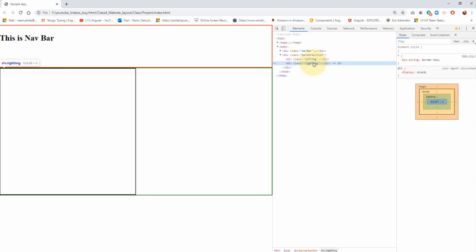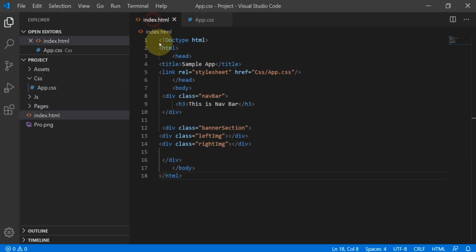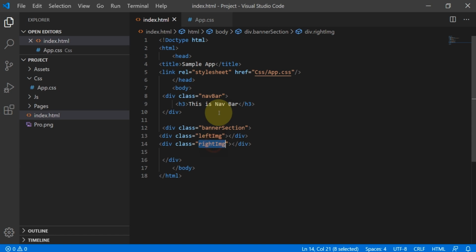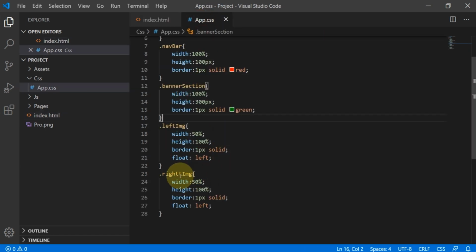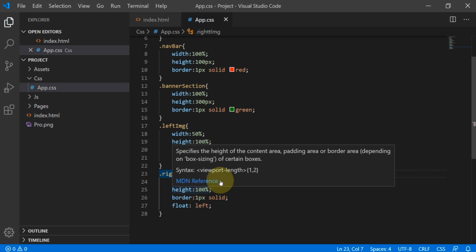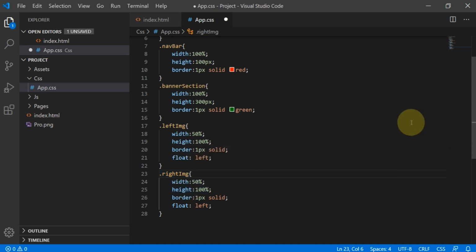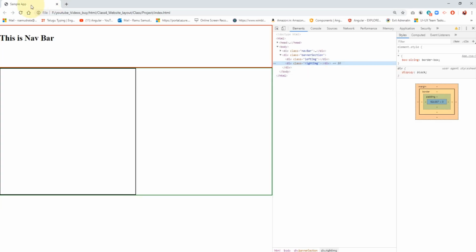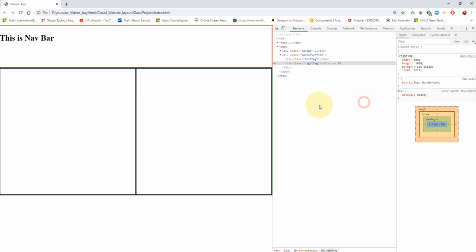If I select the right image, the style class is not displaying in the styles section, so there is some issue with this class name. Here in right image, an extra t is typed, so the extra t is the issue. A spelling mistake, guys. Yeah, it came, right? So this is left image and this is right image.